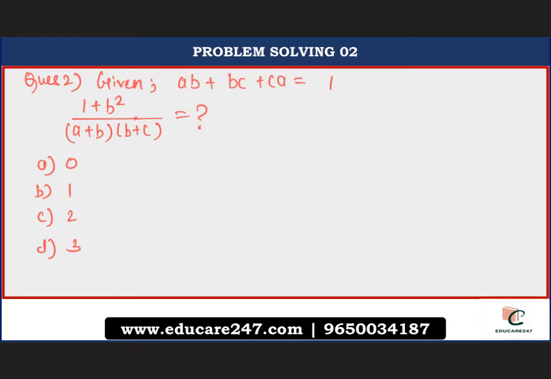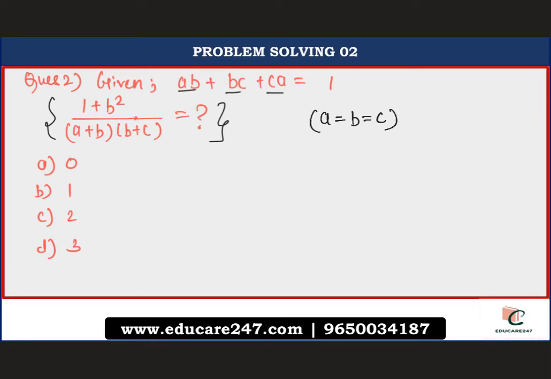Here you are given AB plus BC plus CA is equals 1. Alright, and they've asked you the value of this expression. Again, this is a symmetric form. AB plus BC plus CA equals to K. You remember I had given you an example also on that, right? So this is symmetric. So we can safely assume that A is equals to B is equals to C according to the law of symmetry that we are following over here. The unique concept of symmetry, right?